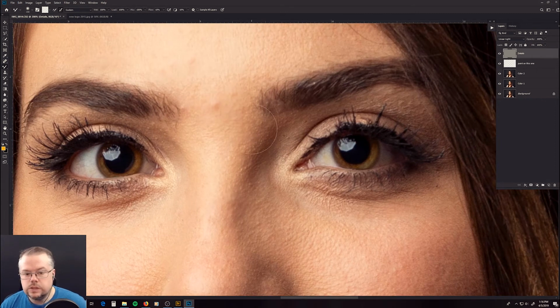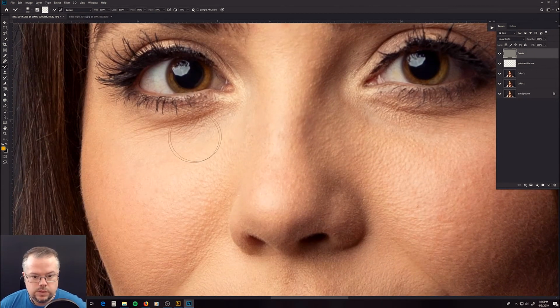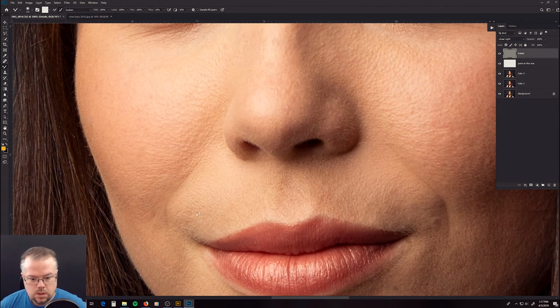Now, again, this is a step in the process of retouching. I know that if this was an image that I was working on for a commercial client going to a magazine, eventually I'm going to add and introduce details back into the image at another point. So right now I'm trying to soften a lot of that texture that we may not want to be there. We'll just try to soften it down just a smidge